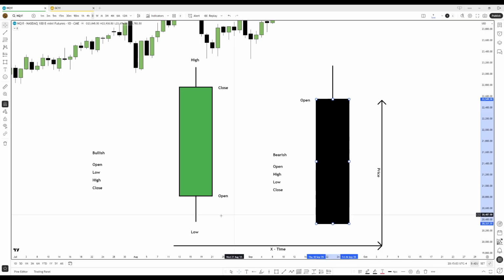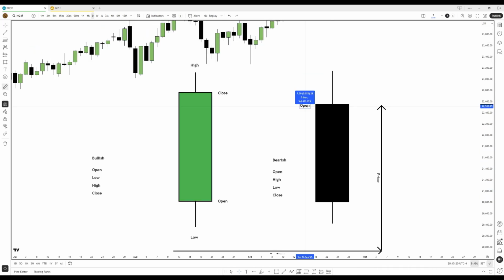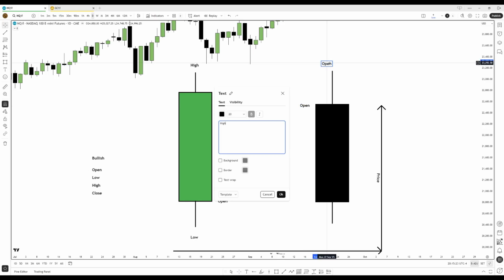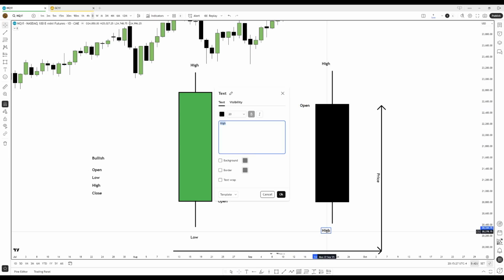And then we get into an area, it's close to the close, it moves up again, it creates another tail at the bottom here, which is the low, and then we have the close here, right? So open, high, then we have the low, and then we have the close over here. Okay,